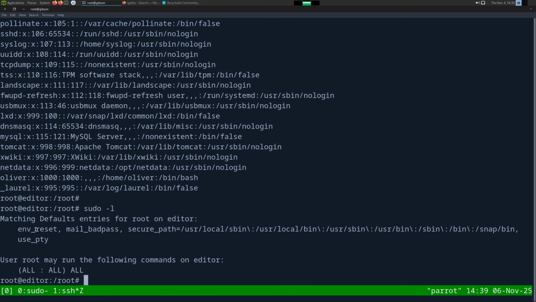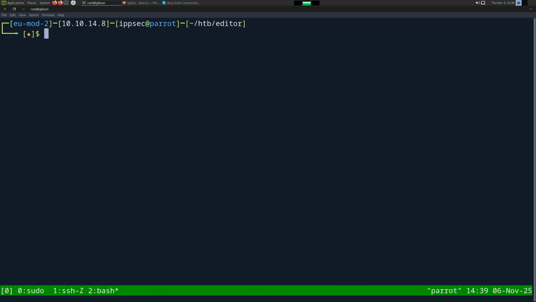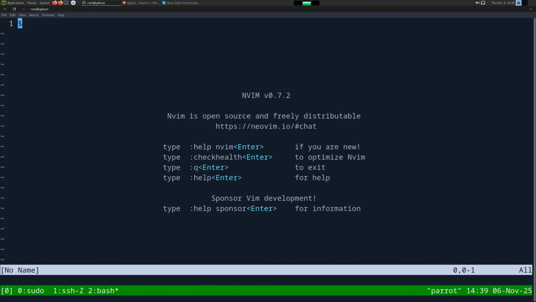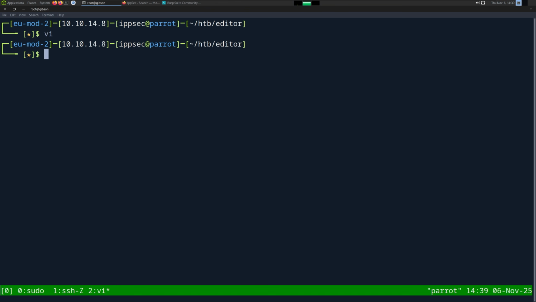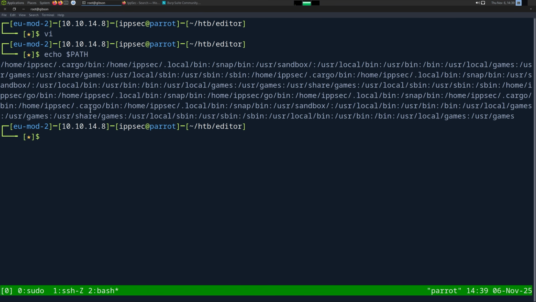If we do sudo -l, we're calling things like env_reset. And what this is going to do is reset the environment so we don't have an unexpected path that goes in. Now, the path is going to play a hugely important role, because that's how your operating system knows to execute a program, right? If I do v, I execute v. And it does that by going down my path and checking all of these directories and then executing the first one it finds with v, right? We can do which v, and it's /usr/bin. Now, if I